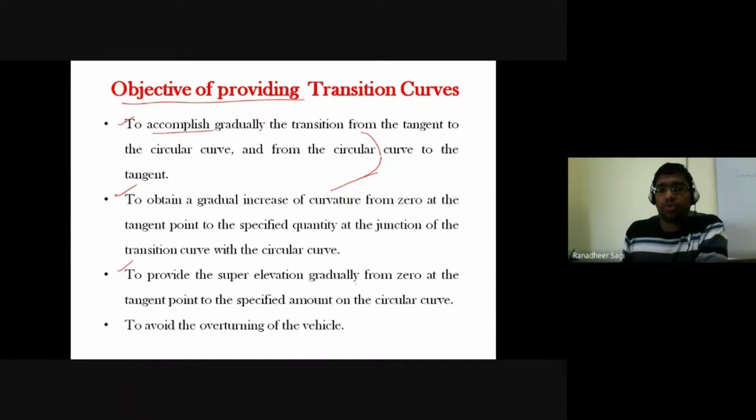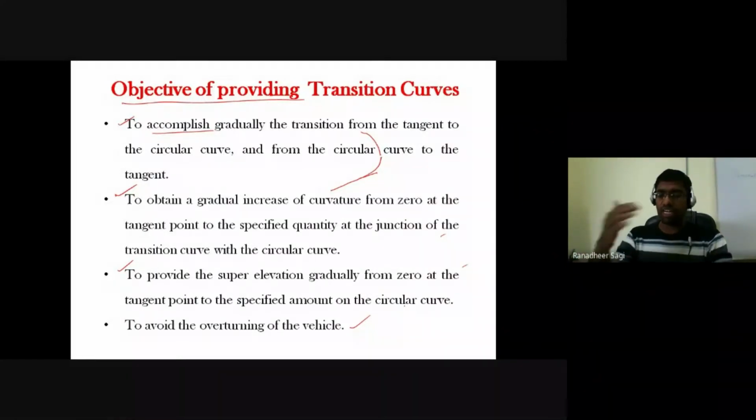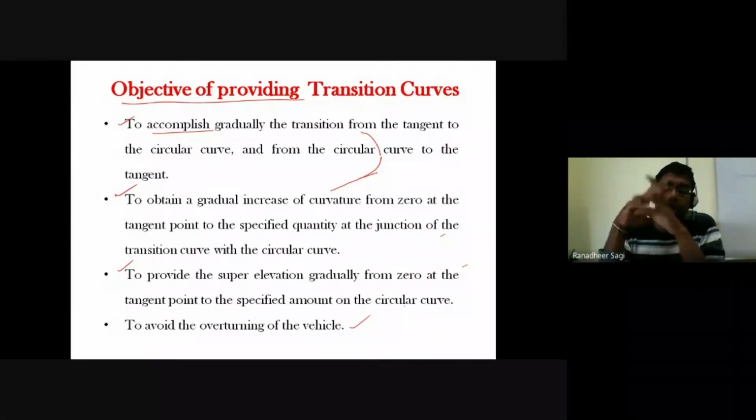To provide the super elevation gradually from 0 at the tangent point to the specified amount to the circular curve. Okay, so more or less the earlier point and this point are the same. And also to avoid the effect of overturning of your vehicle. So at the starting of your circular curve and at the end of your circular curve, what we would be